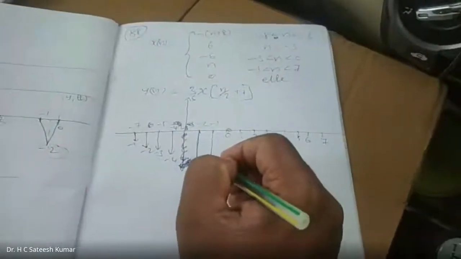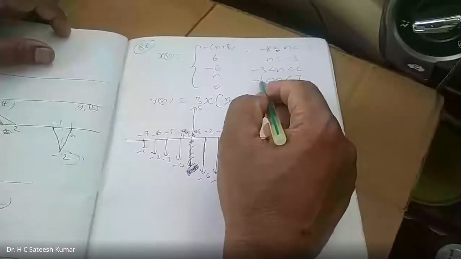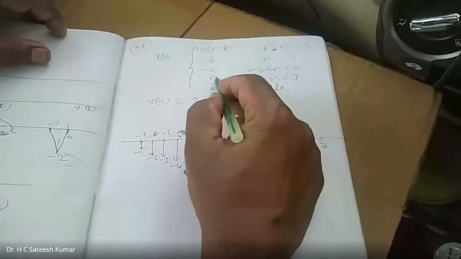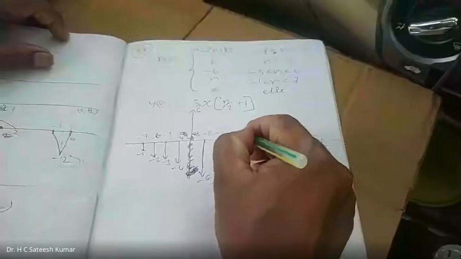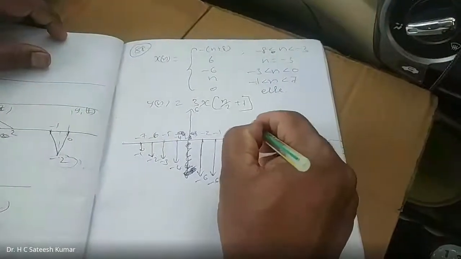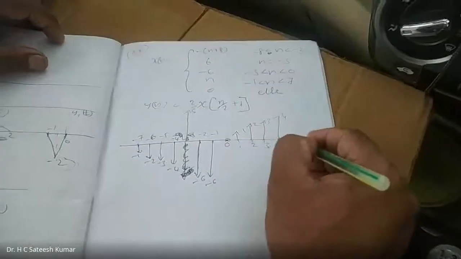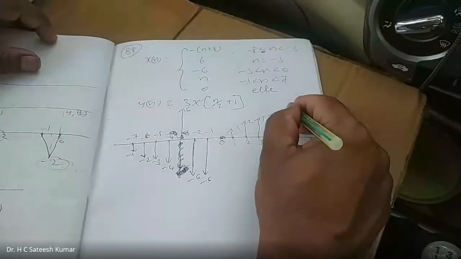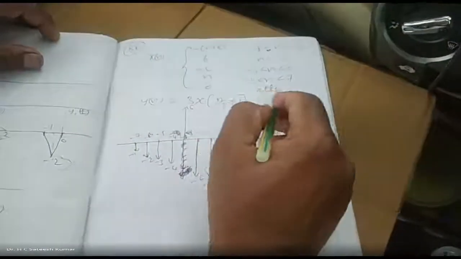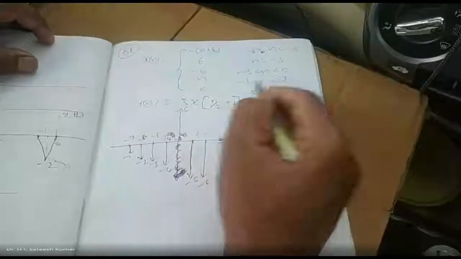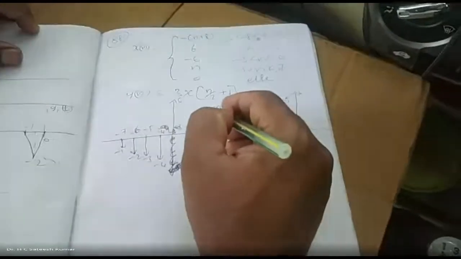And at 0 is not included, right? So 0 is not included. And minus 1, after minus 1, 0 is included here. 0, its value is 0. N is 0, no? Therefore, it is 0. N is equal to 1, its value is 1. At 2, its value is 2. 3, it's 3. 4, its value is 4. 5, its value is 5. 6, its value is 6. 7 is not included, therefore its value is 0 elsewhere. So including 7, the value is 0. So this is your original sequence, x of n.